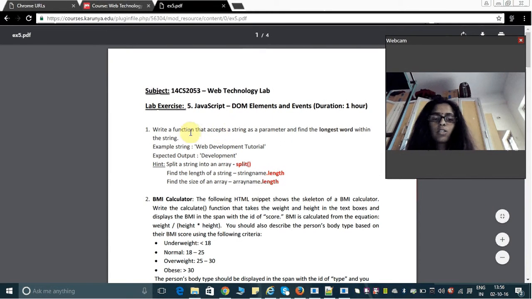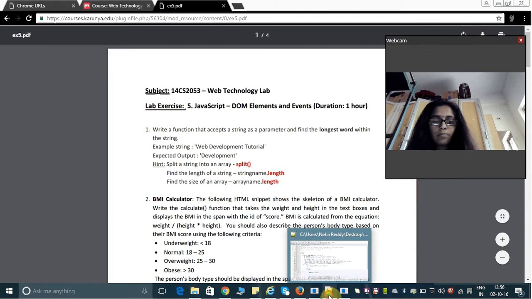Here they have given some questions. My first question is, write a function that accepts a string as a parameter and finds the longest word within the string. And my code is